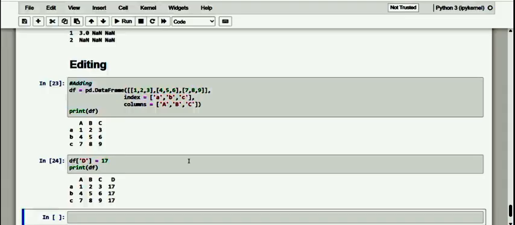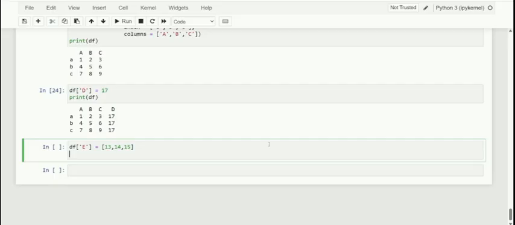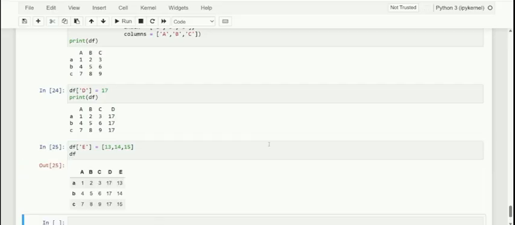If you want to create a new column with different values instead of a single scalar, we can just pass a list containing all the values, but kindly just observe, you have to know the number of indexes present here. So I'm just going to include one more column, and I'm just going to pass a list here. So 13 14 and 15. Okay, so passing a list containing all the values, and let me just see what the df is here.